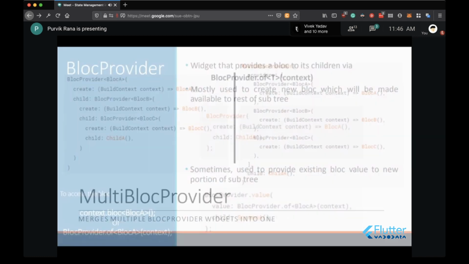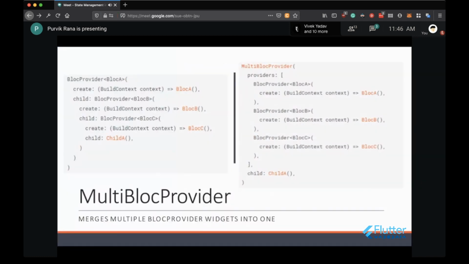Multi-block provider is there. Somewhere you may have this kind of a scenario that you have to provide the block A instance to your children, you have to also provide the instance of the block B, and you have to also provide the instance of the block C to your child A widget.